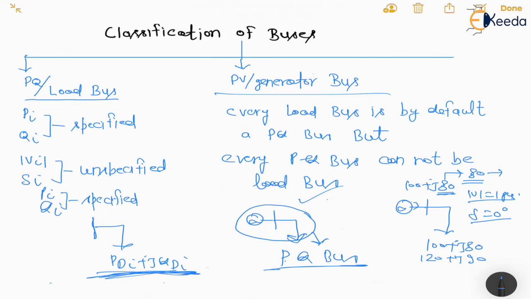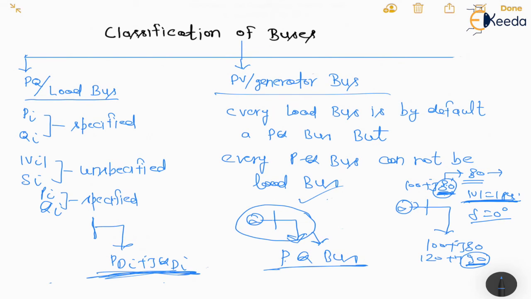Let us assume that at the second instant the load changes to 120 plus j90. The generator will be unable to change, and will be unable to give the extra 10 MVAR or whatever the change is. So the 10 MVAR of reactive power will still be needed, so the voltage value will not be specified. The voltage value we have to calculate, and the load is always specified, and the generation is specified because the excitation is constant. So Qi will also be specified because Qgi and Qdi are both specified.